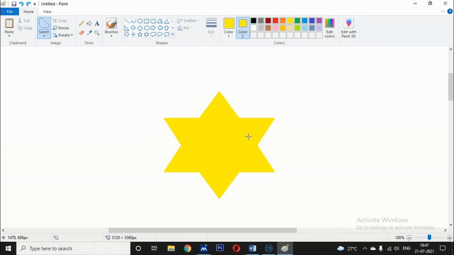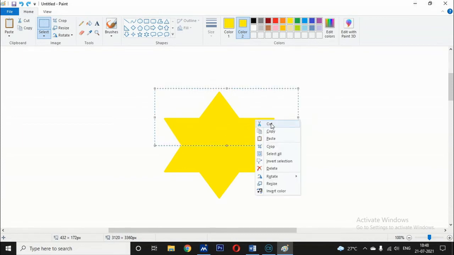You can use the cut option to cut the selected object and then paste it into another part of the drawing area. First you have to select the rectangular selection and select this much portion, then click this cut.